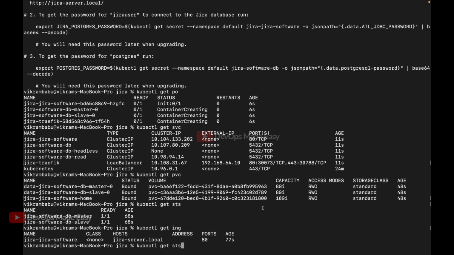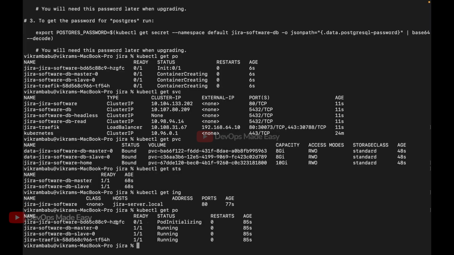So let us now see the pods whether they are up or not. Three of them are running and the Jira main pod is still in the initialization state. But what we'll do is we'll try to map this ingress controller's IP address with the DNS name of the Jira software.